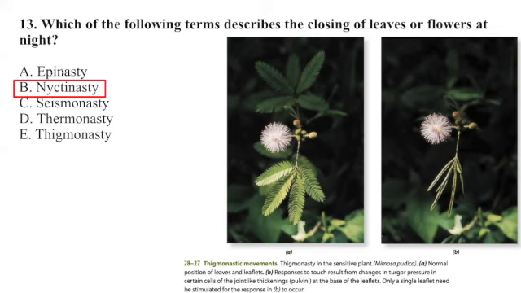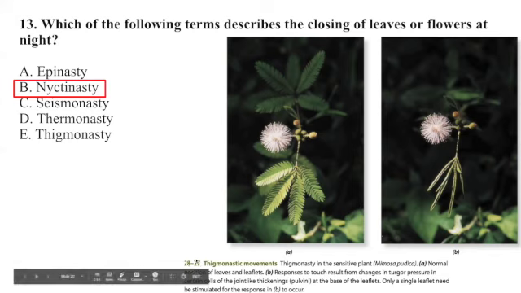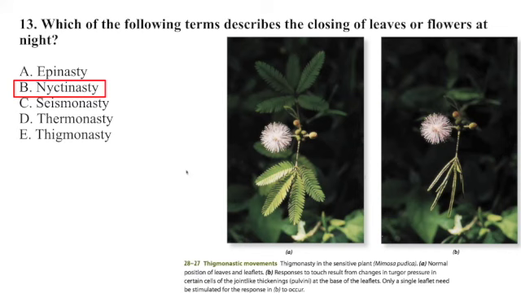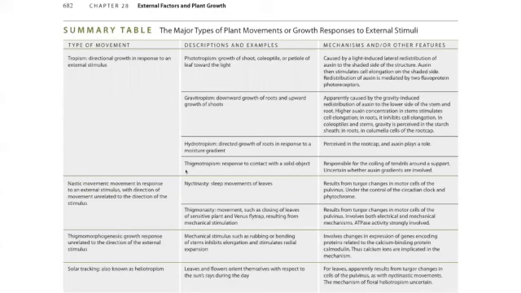So epinasty is when just the top of the plant grows, and it tends to happen in response to flooding. So B is the correct answer here. If you need to go back to it, chapter 28 in Raven is where you can find this information. I know it's in Campbell too, but right off the top of my head, I don't remember exactly where it is. But here's the table